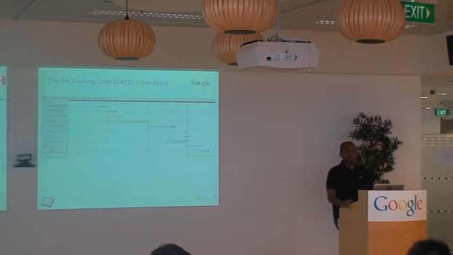So I just want to give you a brief reason for why we moved to this asynchronous type of code, and hopefully, if you're already running analytics, to inspire you to run home now and change over to the asynchronous tracking code. So with the traditional style of loading up GA.js, it was actually non-asynchronous. So what that meant was, this is a screenshot from Chrome Developer Tools. It shows us how resources are being loaded on a web page as it's being loaded. And that red line there represents when the browser triggers the load event.